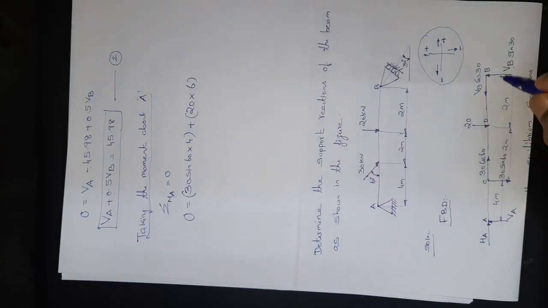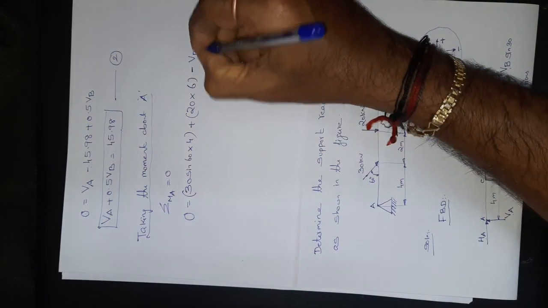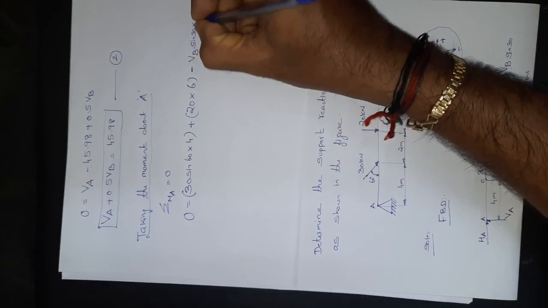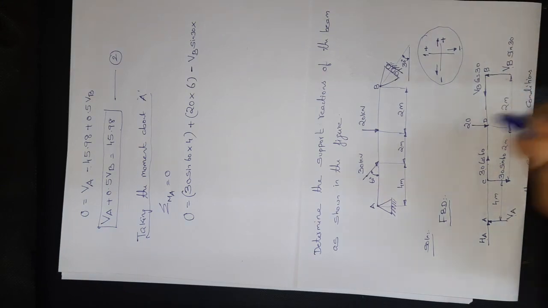Right? Let me just move to point B, wherein two forces are acting, but the horizontal force doesn't have any perpendicular distance with the origin A. Therefore, this force becomes 0. When you consider the vertical force, which is acting vertically upwards, it tends to move the object in the anti-clockwise direction, so it will carry negative sign, of magnitude VB sine 30 into its perpendicular distance from the origin, that is 4 plus 2 plus 2, which is 8.